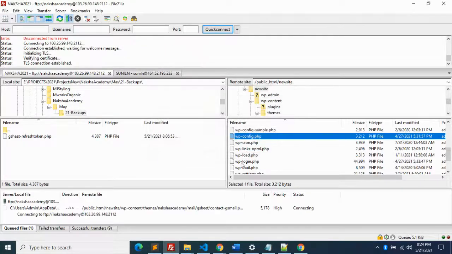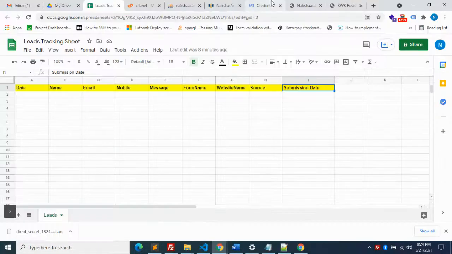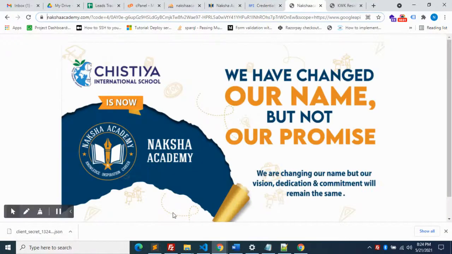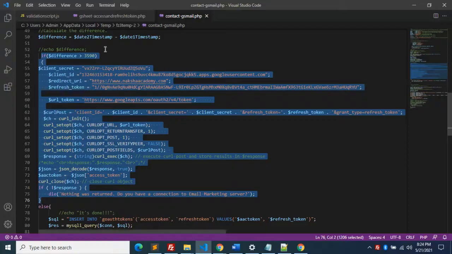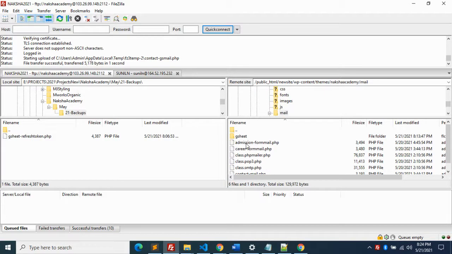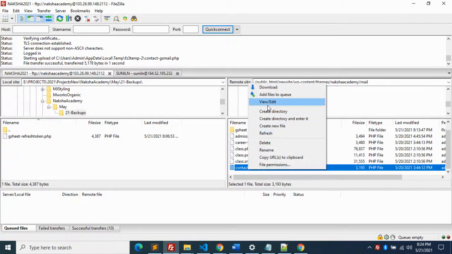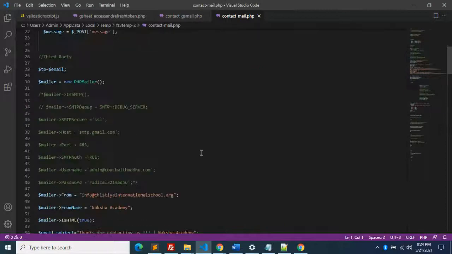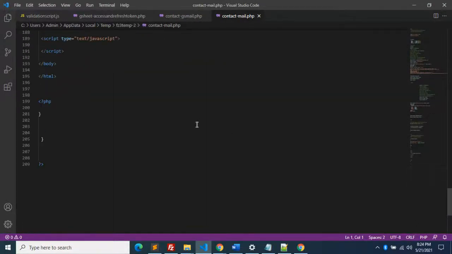Then we have to include this Google Sheet file in your mail function folder. We have a mail file called contactmail.php. There you put it at the bottom.